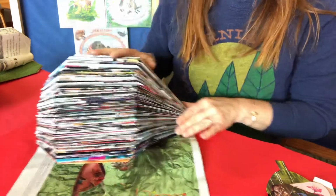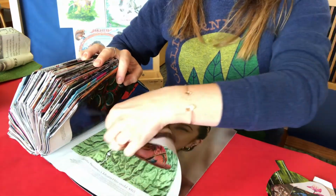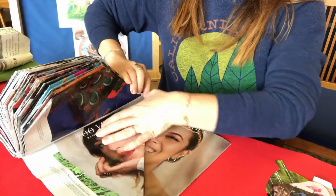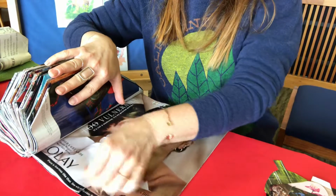We're going to fold those last few pages. And it does get a little bit more difficult, not really difficult, just cumbersome towards the end to fold those pages because you've got this big magazine here, rather Hedgehog here on the side to hold down. And I'm going to just fold those last few pages over, turn those corners,